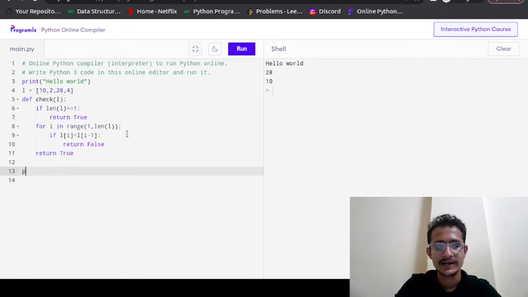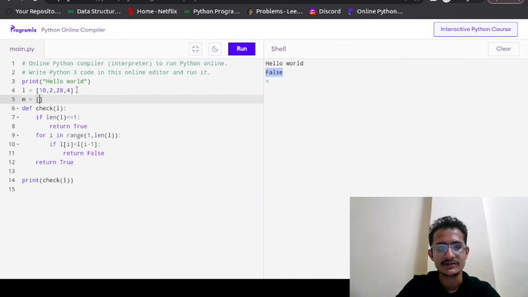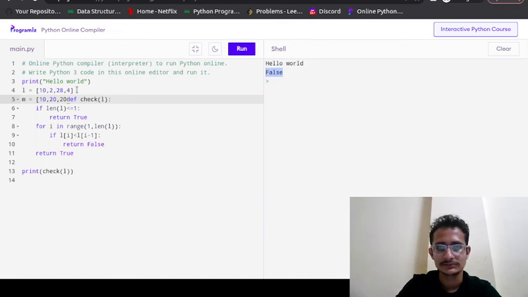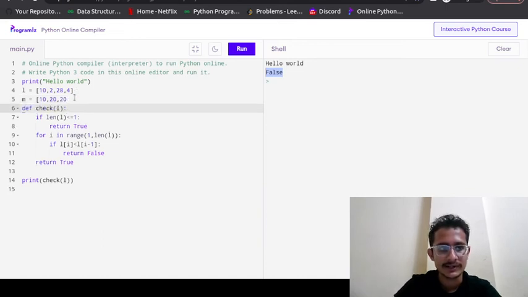Now let us check. We will call the function check and we will send L. So we are getting false. As you can see, it is not a sorted list. Let's check for another sorted list, 10, 20, 20, 30.